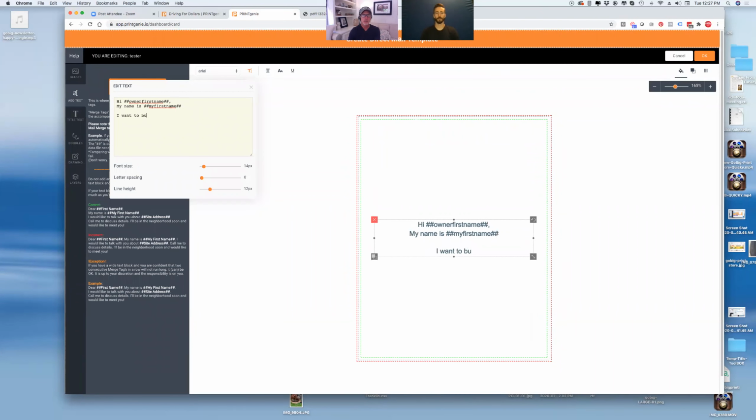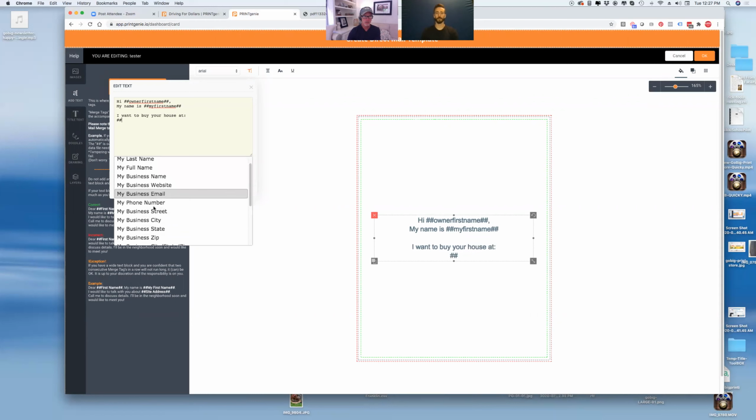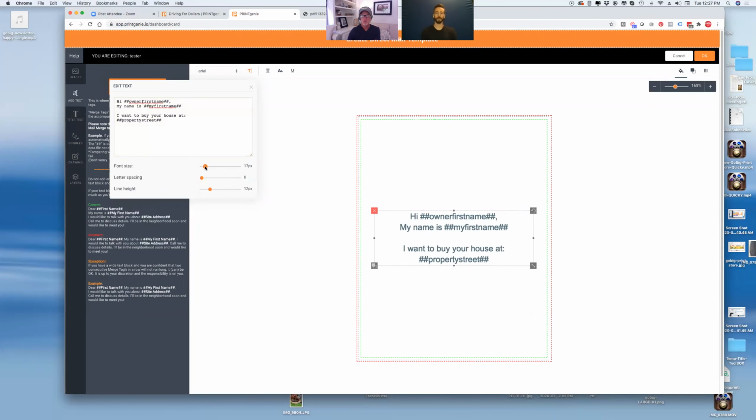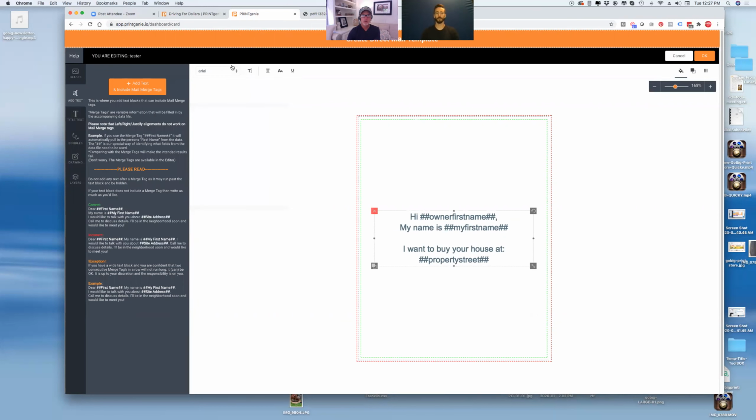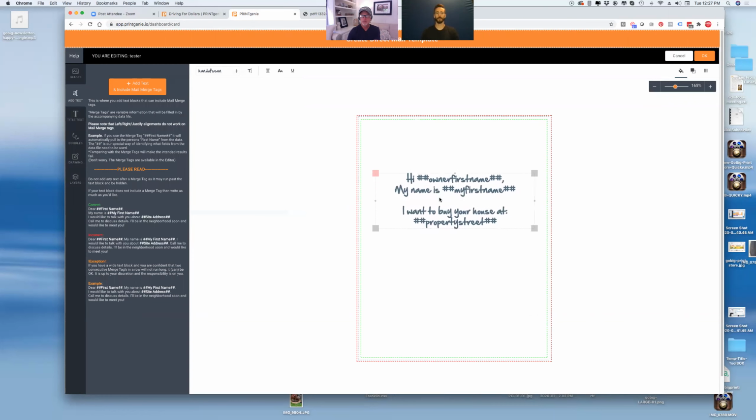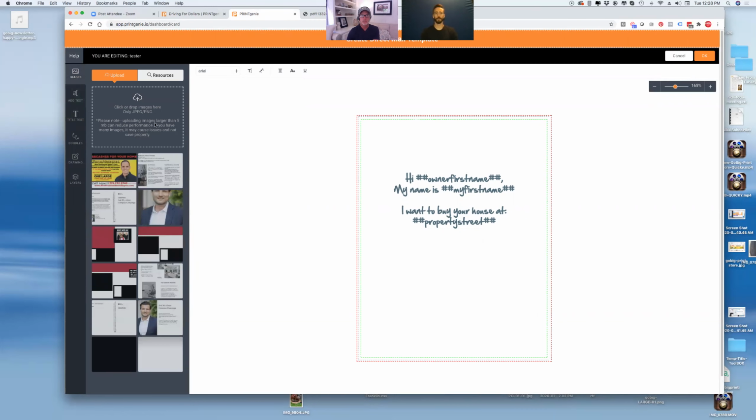I want to buy your house at, and we'll do property street. And that's pretty cool. And then I'm going to make it maybe this handwritten font like this. And then you go, cool, that looks pretty good. And then I want to add my own yellow letter or my own pink paper. So you just click on images and you upload it just like that. I don't know what this one is. Here's some letterhead I happen to open up. So now,